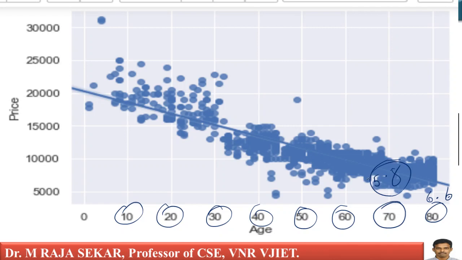So in this case, the price is very low whenever the car age is beyond 5 years. Beyond 5 years, meaning after 70 months, the height is very small, isn't it? Means as age is increasing, the price of the car is decreasing. Logically also that's correct, isn't it?